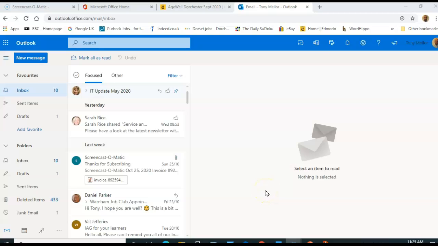So far we've looked at logging on to Office 365 and we've looked at the tools that are available on Office Outlook, which is the email client as it's called for Microsoft Office. What I want to look at now is actually sending